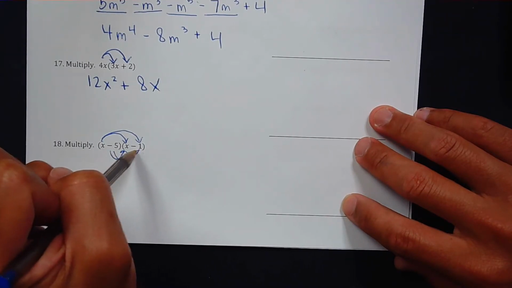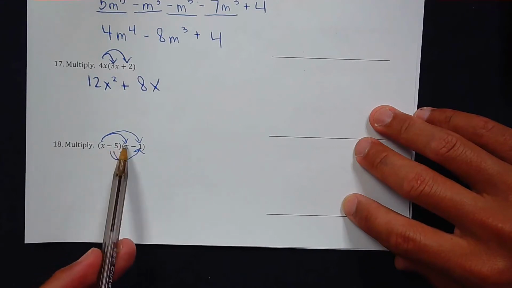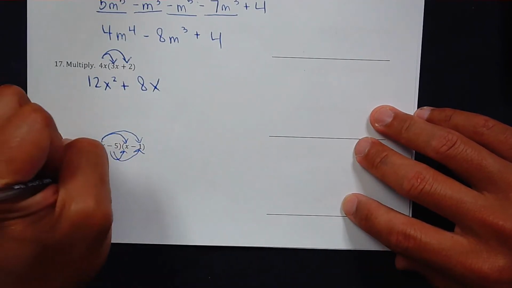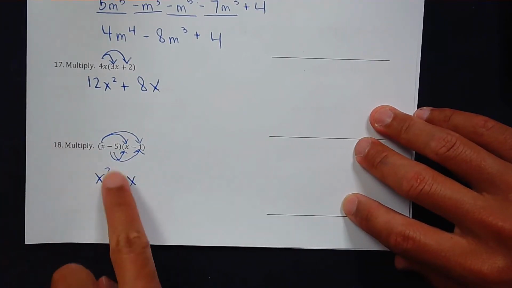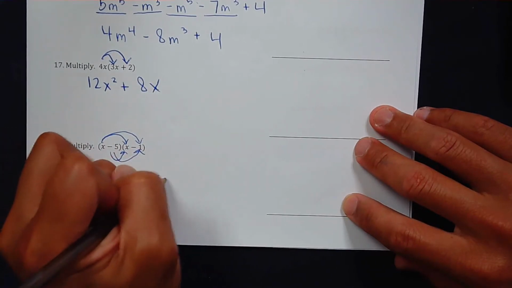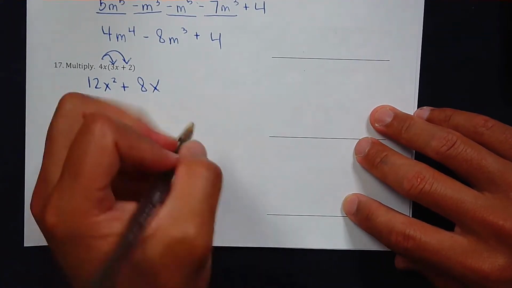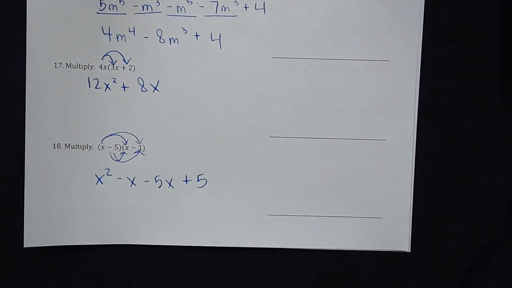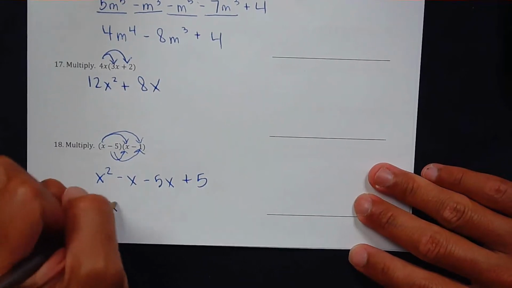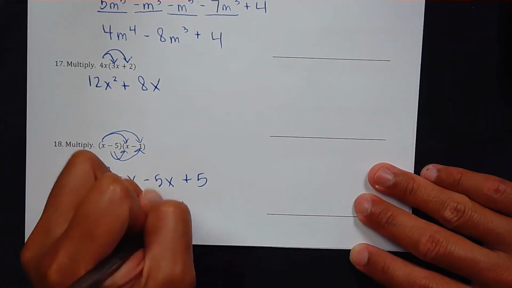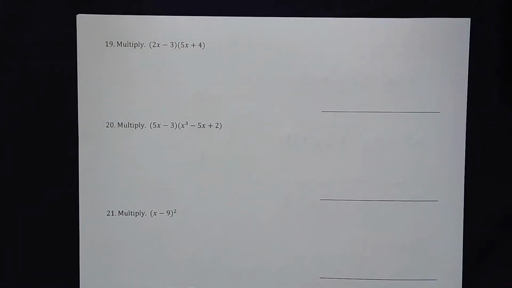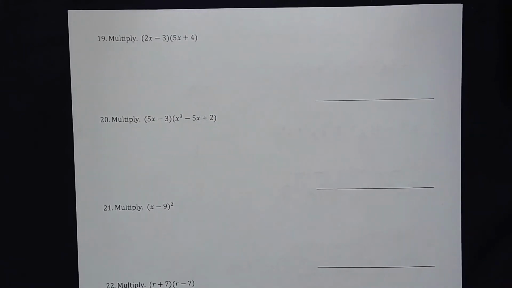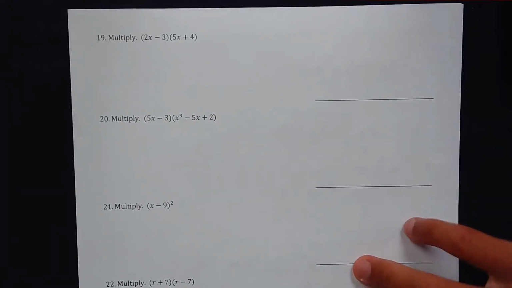Double distributive. All right, so if we look at this, we multiplied x times x. That gives us x squared. X times negative 1 gives us negative x. Negative 5 times x gives us negative 5x. Negative 5 times negative 1 gives us plus 5. All right, simplifying our final answer, we just combine like terms. That gives us x squared minus 6x plus 5. Oh, wow, there's a lot of these double distributive ones. But anyways, you guys got a lot of practice with this throughout the year. So that'd be nice for you guys to have this on test. But anyways,